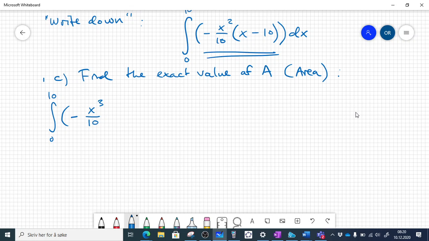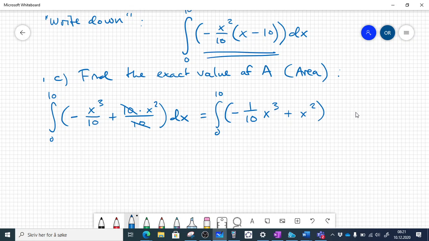And then I have a minus here and a minus here, so that's going to be a plus 10 times x squared divided by 10 dx. Again, I can make that simpler. So let's say that, okay, I want a number in front of my x. So I'll rewrite this as 1/10 times negative x to the power of 3 plus x squared. And now I'm ready to